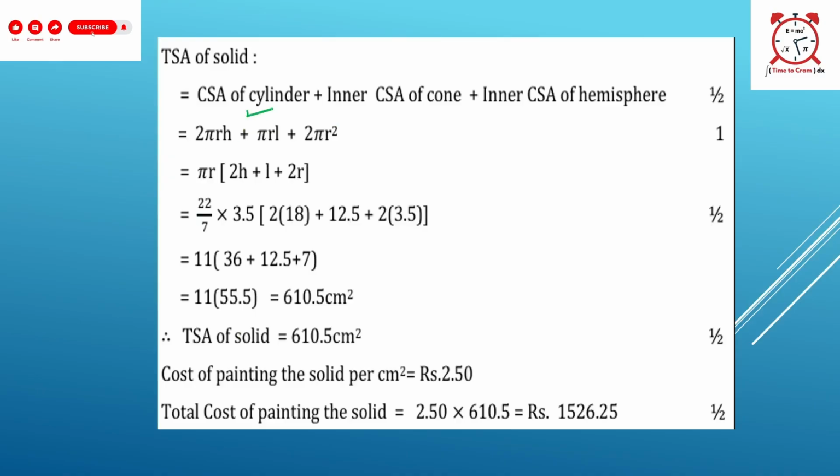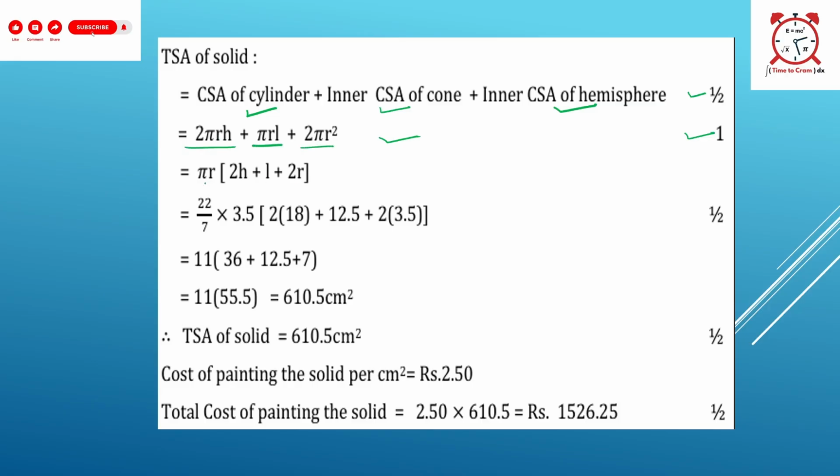Curved surface area of cylinder plus inner curved surface area of a cone plus inner curved surface area of a hemisphere. You can see here, for writing all the formulas we will have half marks, and for keeping the correct formula we will have 1 mark for that. So keep the formula